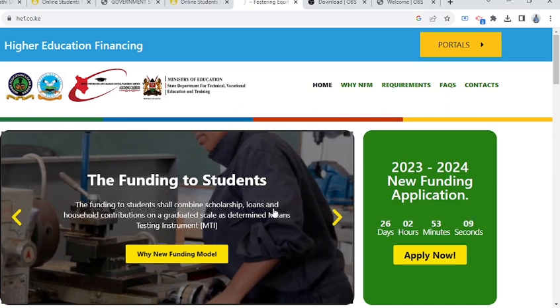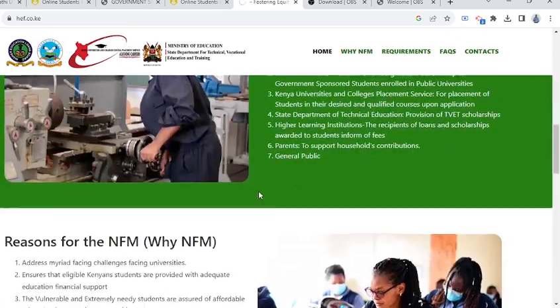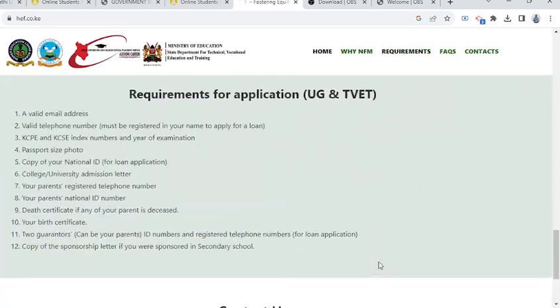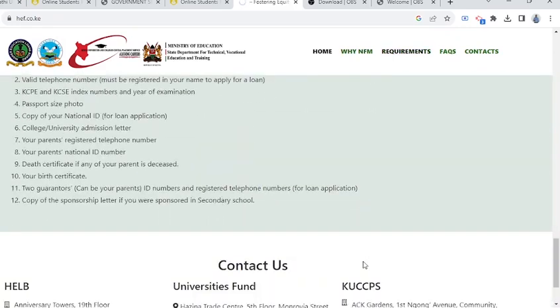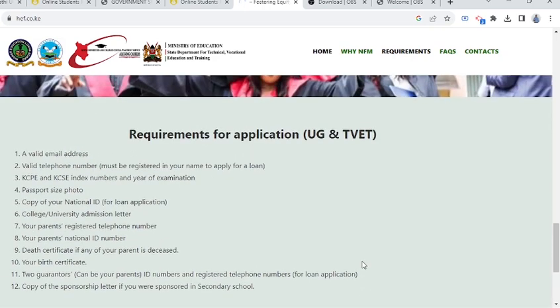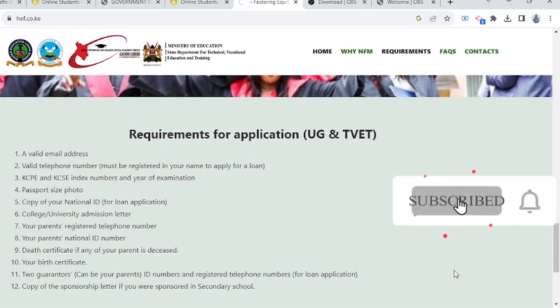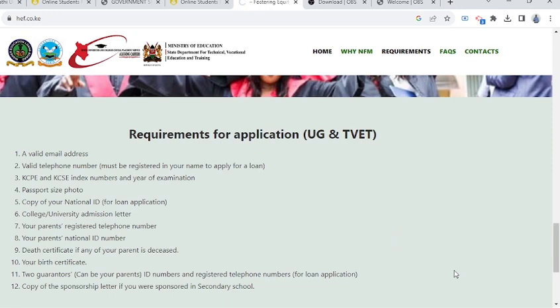Before you start the process, the following are some of the things that you'll require, and it's good that you have them with you to avoid the back and forth movement of looking for those details. A valid email address, valid telephone number, which is registered in your name, your KCPE and KCSE index numbers, and the year of examination,